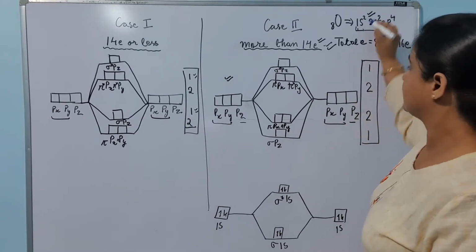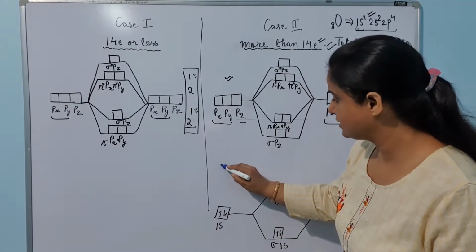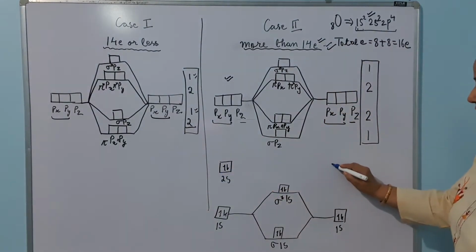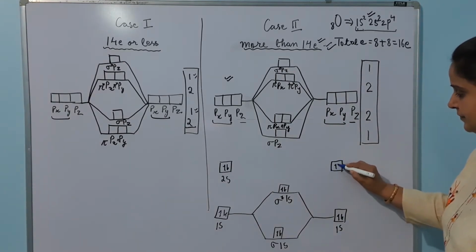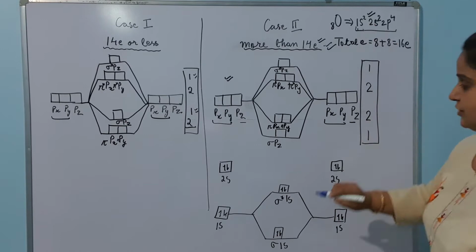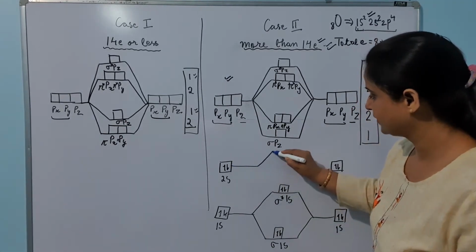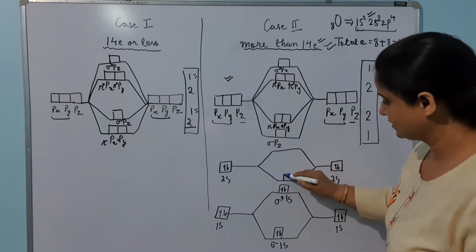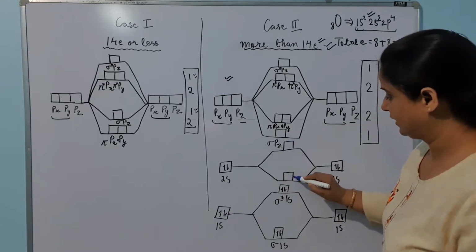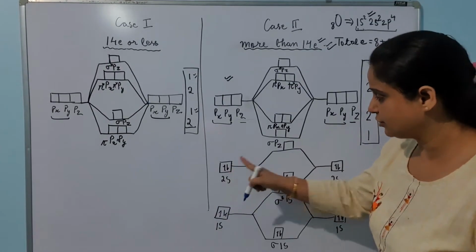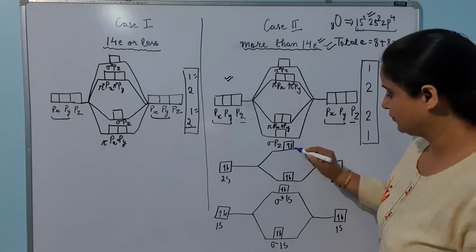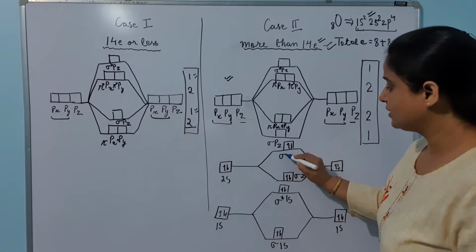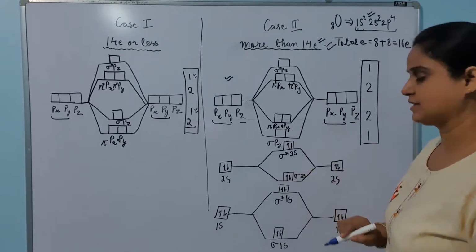Let's make it for 2s, when 2s will combine with another 2s. So here it is the 2s orbital of the first atom and the 2s orbital of the second atom, having 2 electrons already filled there. So you can see, at this energy level, bonding and anti-bonding, 2 molecular orbitals will be formed. So this is bonding and this is anti-bonding. To fill all 4 electrons here, 1, 2, 3, 4. So 1, 2 and 3, 4. These will be called sigma 2s orbital and these will be called sigma star 2s orbital.